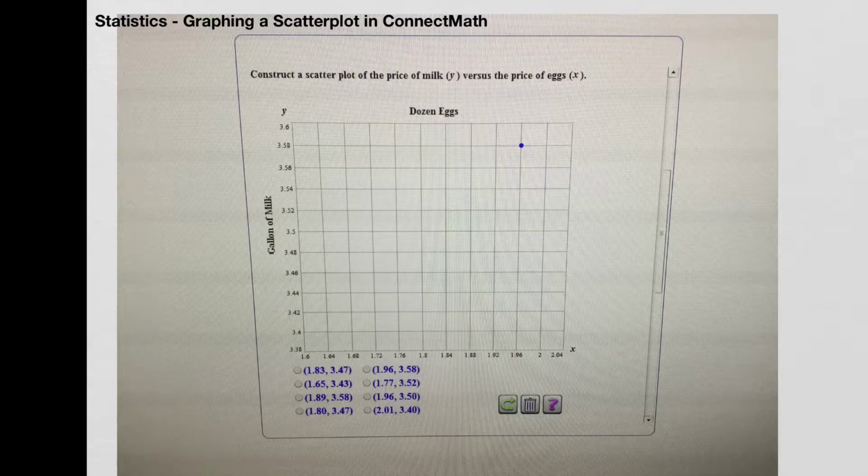In this problem, I need to graph a scatter plot, and when you're doing this in Connect Math, it's a little bit tricky. So I'm going to walk you through some of the steps here. The first thing that you need to do is select one of the radio buttons, and now we're going to graph that point. So you need to keep alternating between clicking on a radio button for a specific point and then graphing that point on the